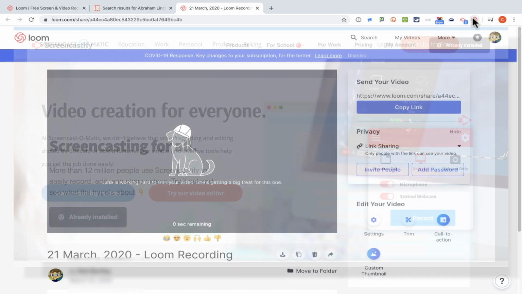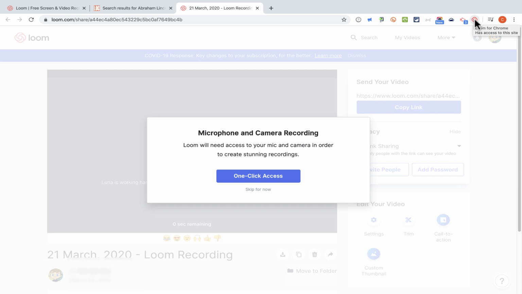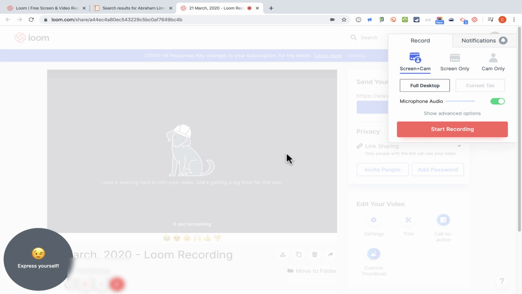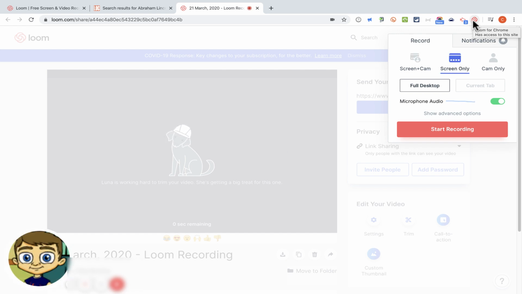At this point, I do want to also show you the Chrome extension version of Loom. When I clicked here on the Loom symbol, it opened up this pop-up here, and I need to click to enable microphone access, and I'm now ready to start using Loom. Now the reason that was so easy and smooth for the extension version is because I had already enabled Loom using the desktop version. So those of you that don't end up with the Pro account, you will probably need to enable screen recording, enable microphone access when you use the Chrome extension for the first time. And so be patient, you'll get a series of pop-ups and you'll need to enable each one.